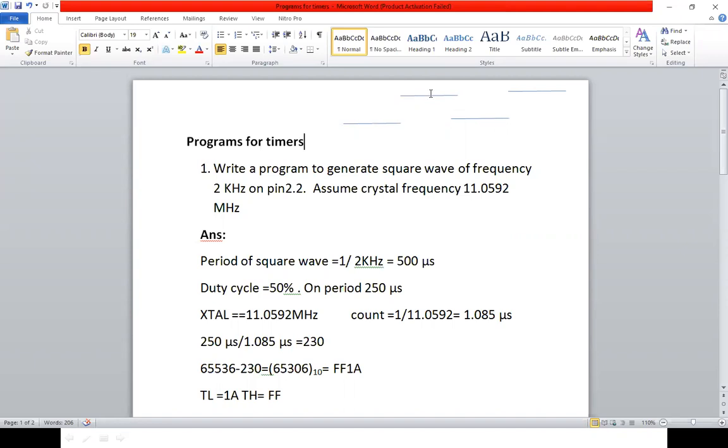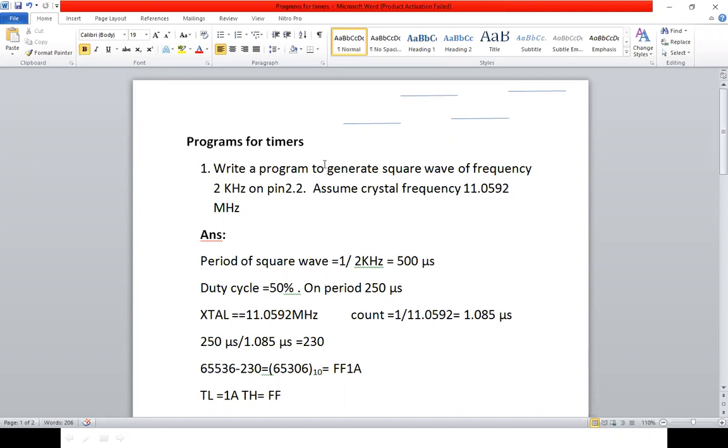You can understand this is called the on time, this is called the off time. And the whole on and off time is called the period of that frequency. The number of periods in 1 second is called the frequency. Again, you can say it is called the duty cycle of on and off.